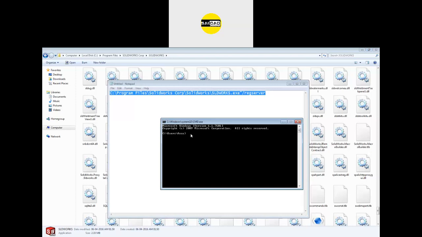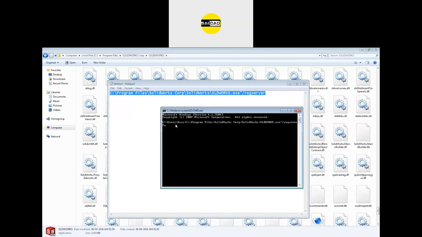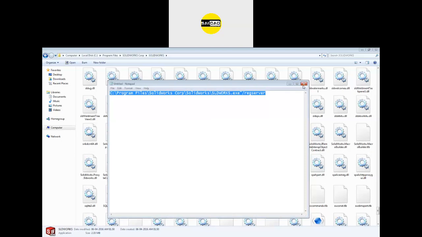Right click and paste that command here and press enter, and your toolbox will be activated. I will send this command into the group also, or you can just take a screenshot of this command and type exactly all the letters. Got it?